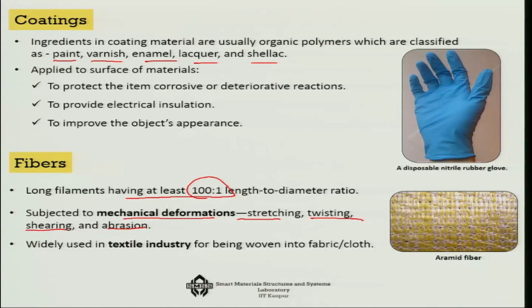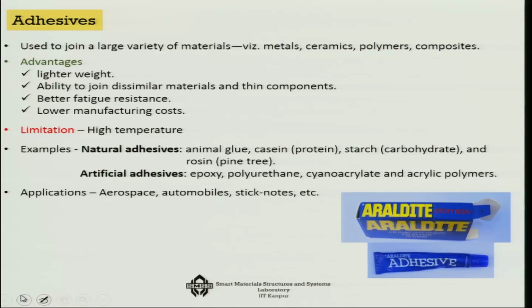They are very good to absorb this. They are used in the textile industry for fabric cloths, which can be either woven or used to make composites. Our next example of polymers is the adhesives. They are used to join a large variety of materials like metals,